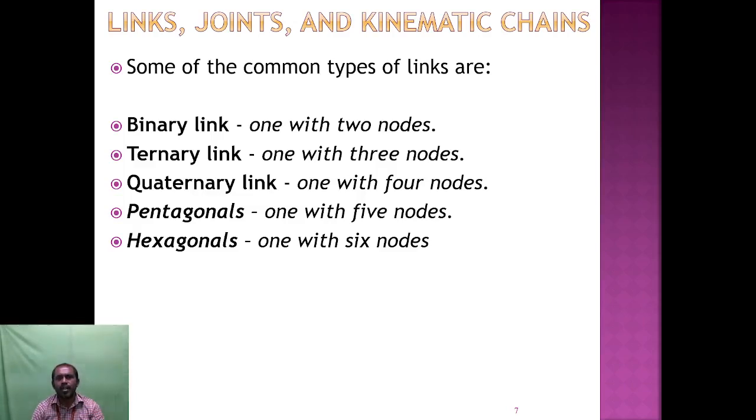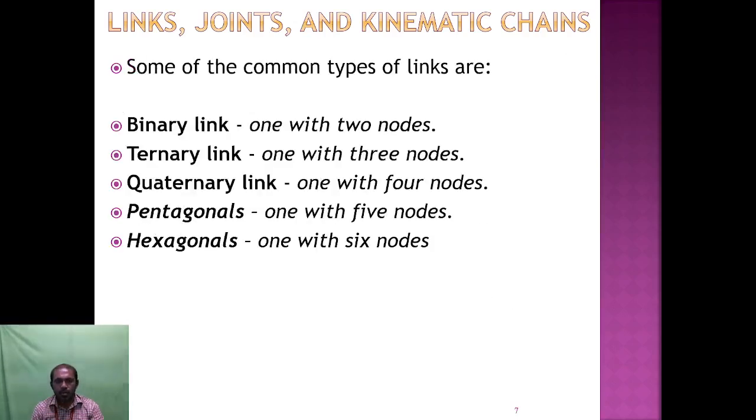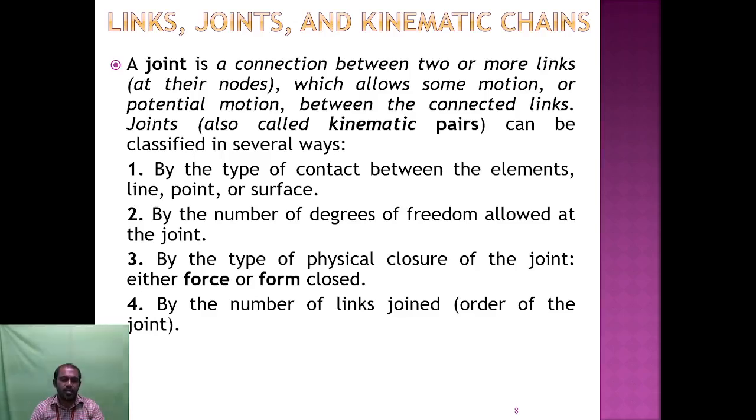Here I already told some common types of link: a binary link, one with two nodes; a ternary link, one with three nodes; and a quaternary link, one with four nodes; a pentagonal link with 5 nodes, and a hexagonal link with 6 nodes. But binary, ternary, quaternary, and hexagonal are each one rigid body. So next, the joint. The joint is nothing but